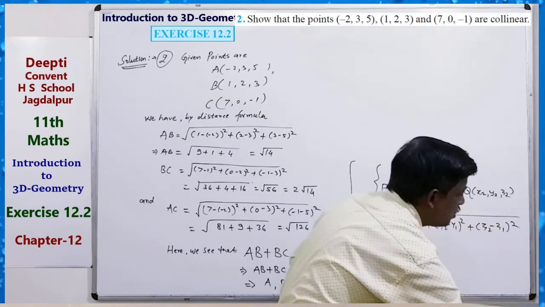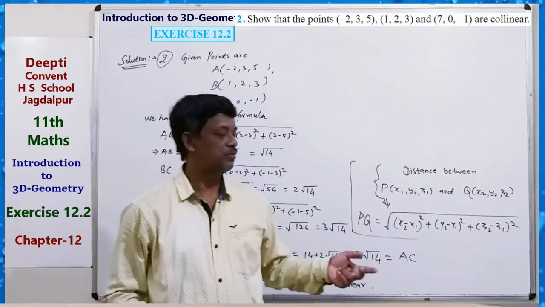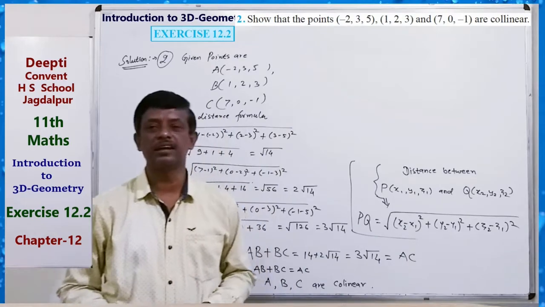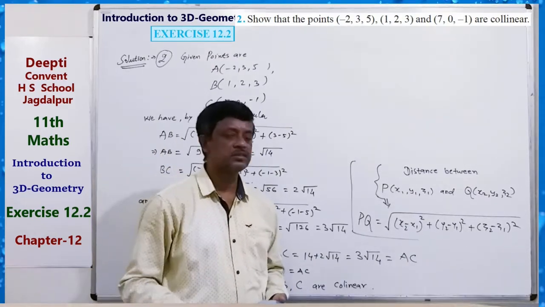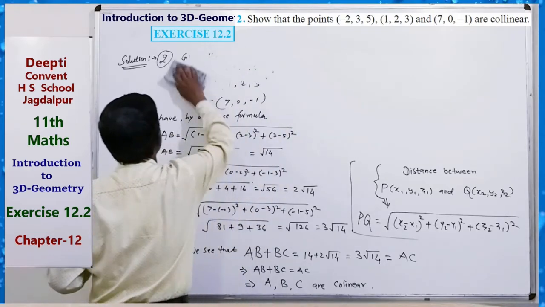Verify the following points are vertices of an isosceles triangle. First question. Second, right angle triangle. Third is vertices of a parallelogram. So just by using the distance formula we can